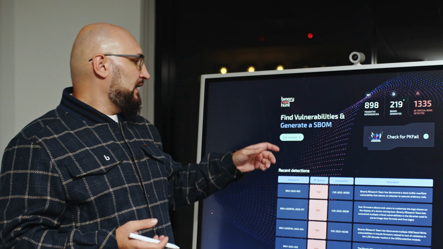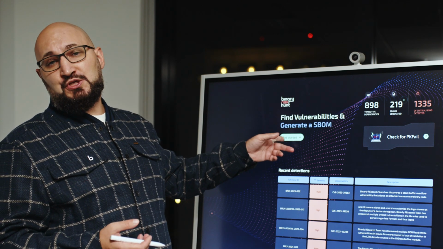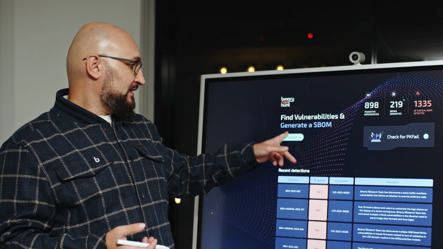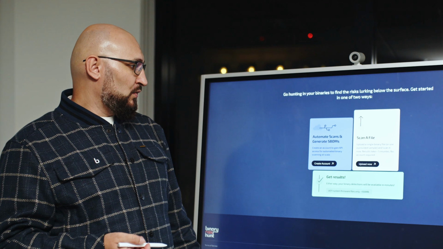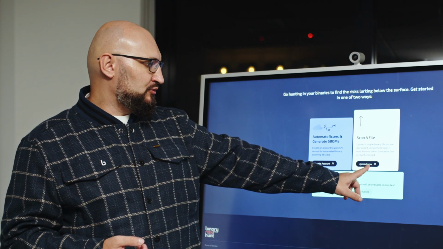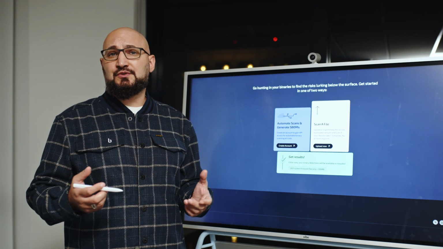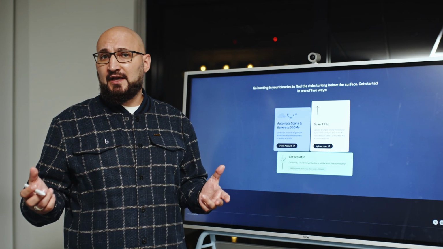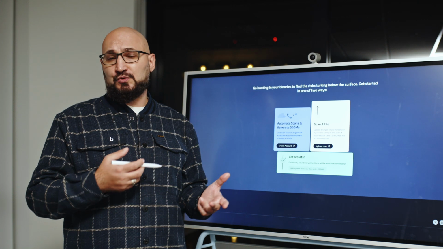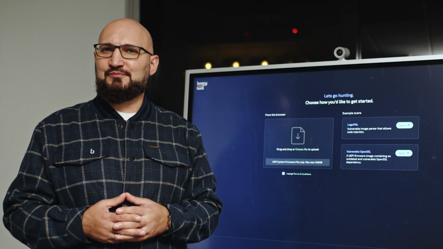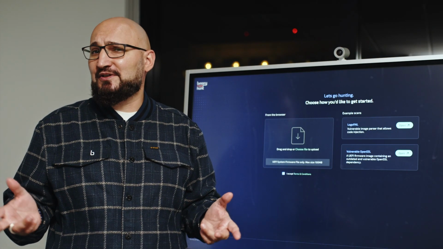To start, we need to upload a binary image file, and there is a button which says Get Started. Let's click on it. So we go to the upload page now if you don't want to register for the service. But if you register, you can also use the free API interface and actually automate the process of uploading these firmwares. Let's upload some firmware image and see what happens.